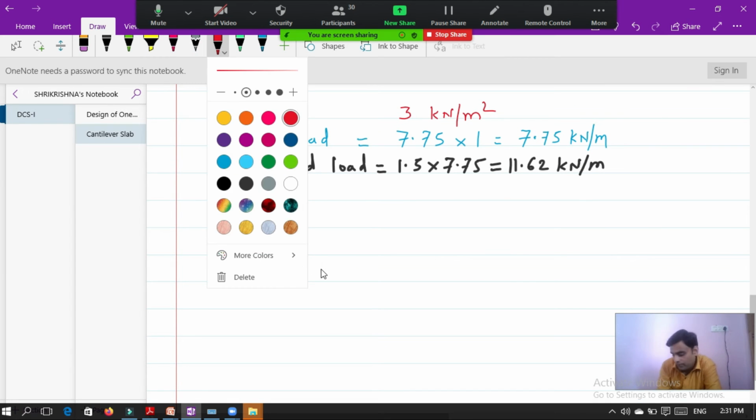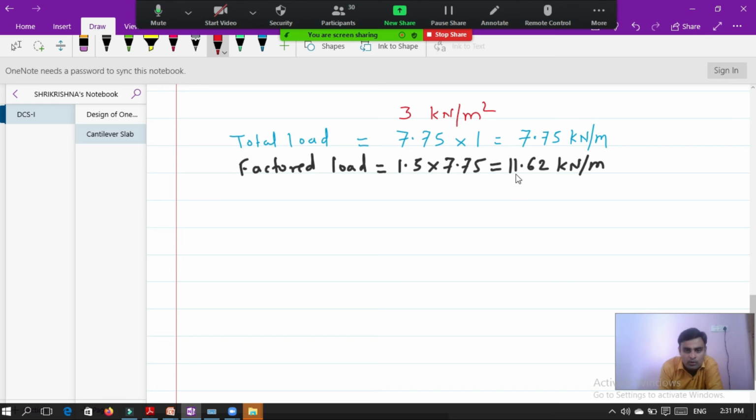So after factored load, now calculate the bending moment. Now we know the load, this is the total factored load. We know the span. So next step is the bending moment calculation. This is your next step.